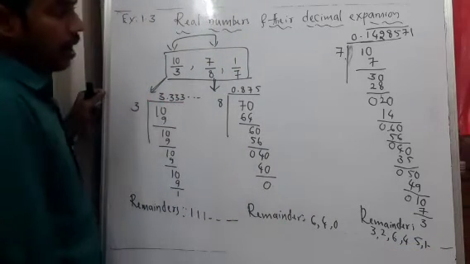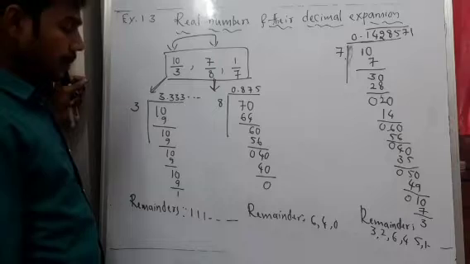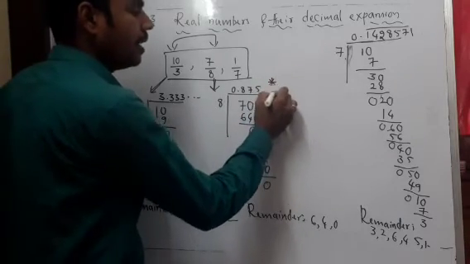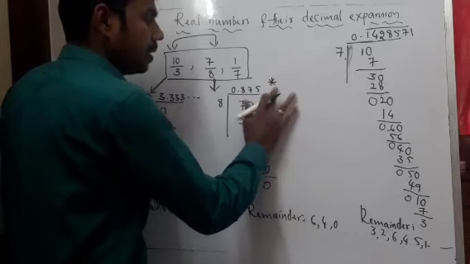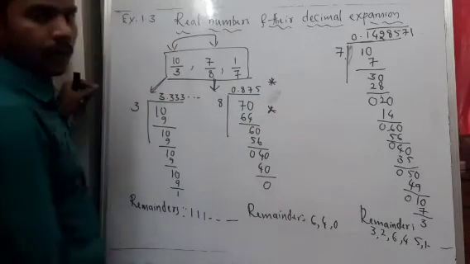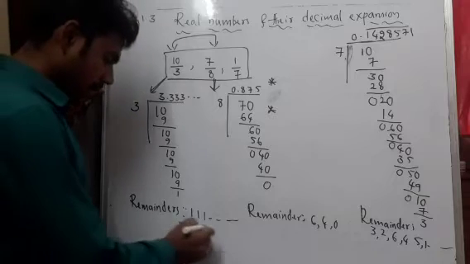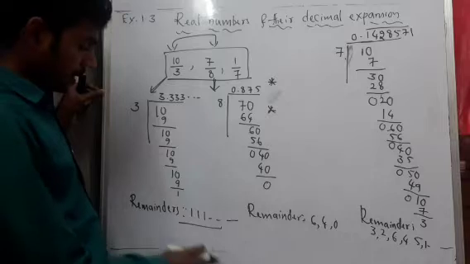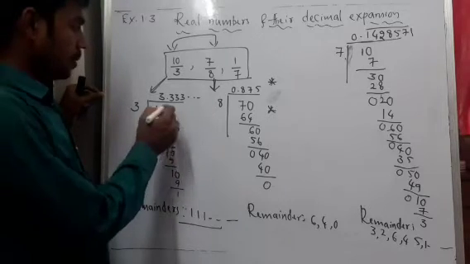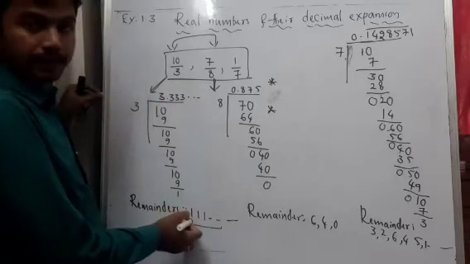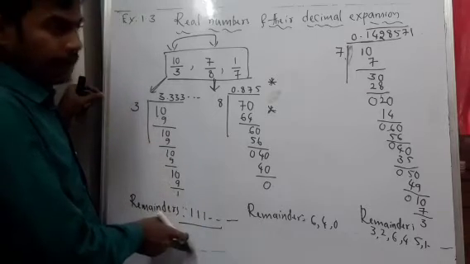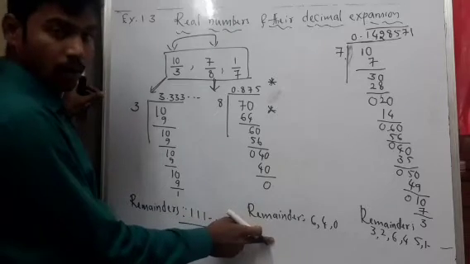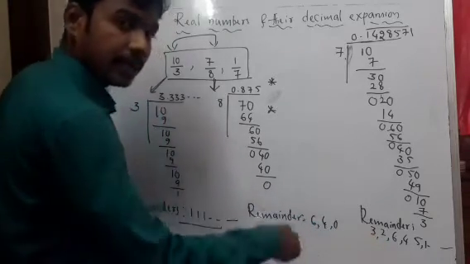Yes or no? Now, what are we supposed to do? We will compare and identify distinctions between these three. Now when we see the first one, the decimal expansion of 10 by 3, what are we going to observe? See here, the remainder is repeating. Here in this case, the remainder is becoming 0. In this case, the remainder is repeating.